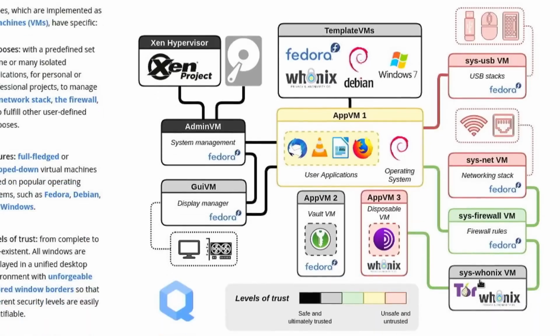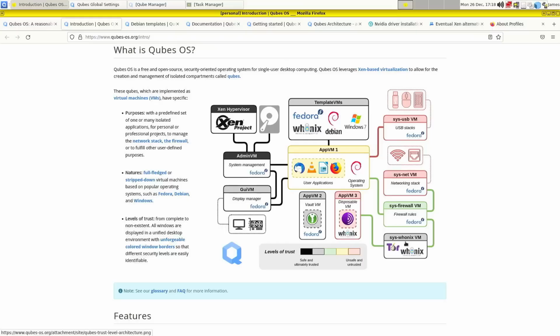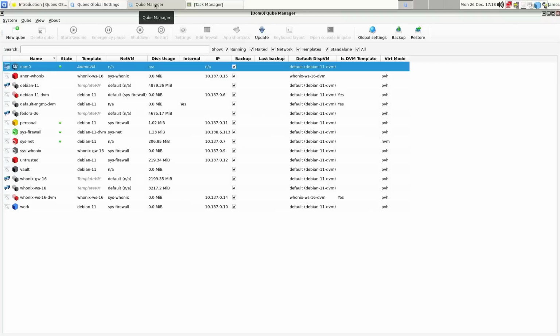And they also provide an optional Unix virtual machine to you as well. You can use that as another cube. In fact, I'm just going to start calling the virtual machines cubes because, well, that's what we call them on Qubes OS. So if I open up my Cube Manager, which you can kind of think of as a task manager for different cubes in Qubes OS, things are going to start to make a little bit more sense.